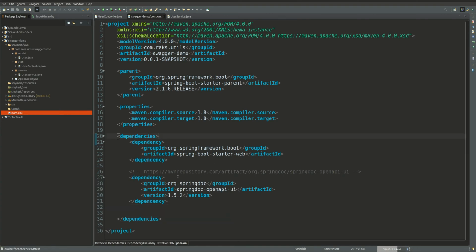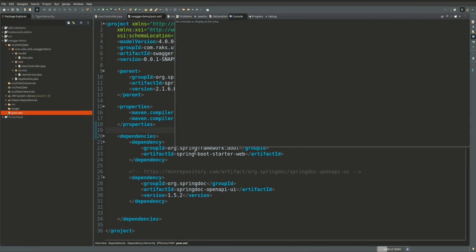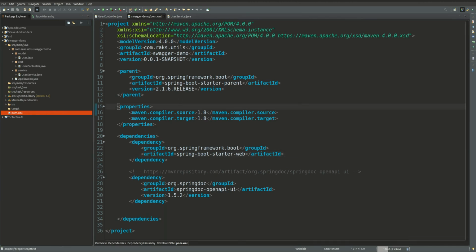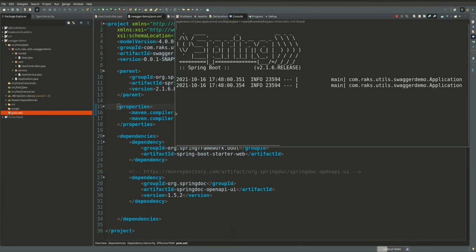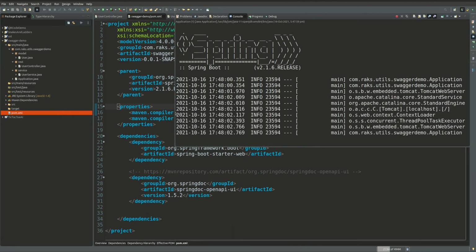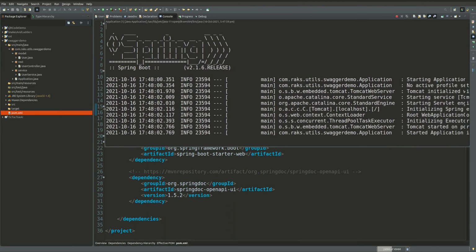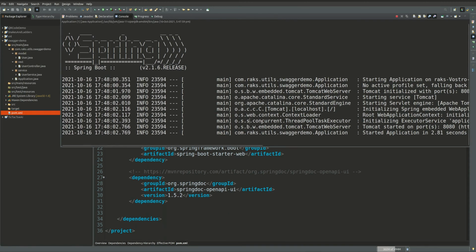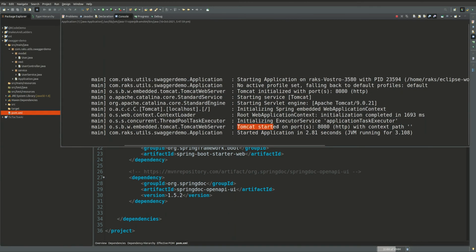So we are done with the configuration for Swagger. Let's wait for the build to complete, and after the build completes we will trigger the run. You can see the application has started on port 8080.